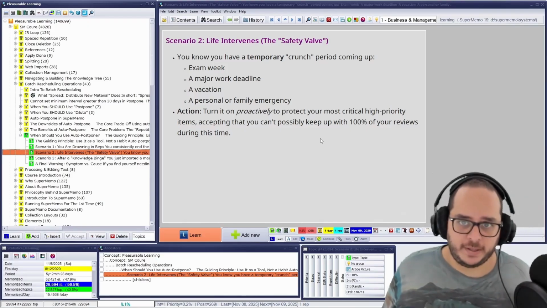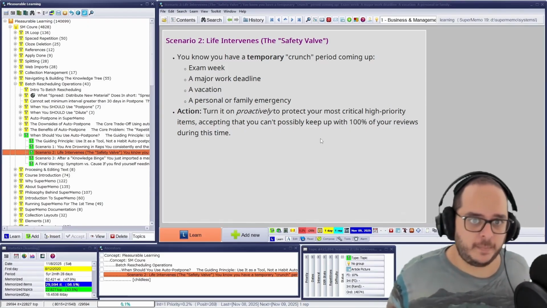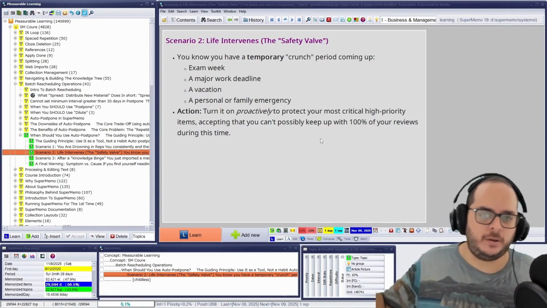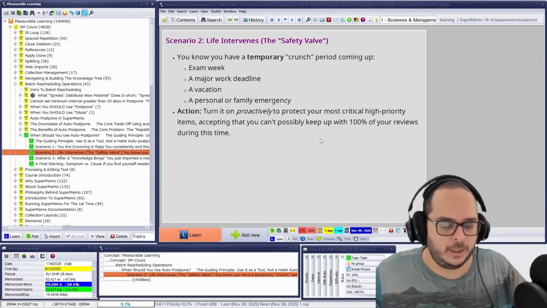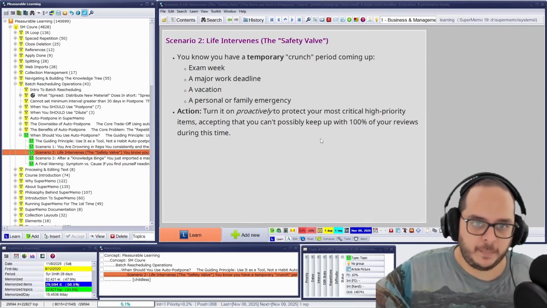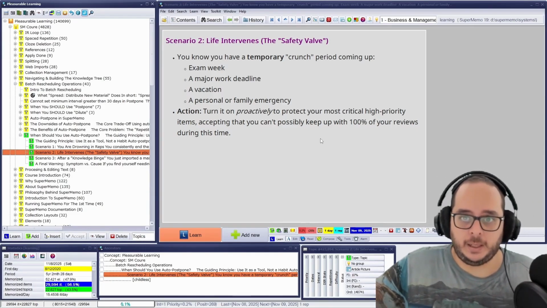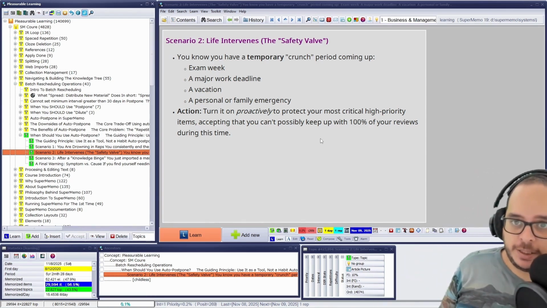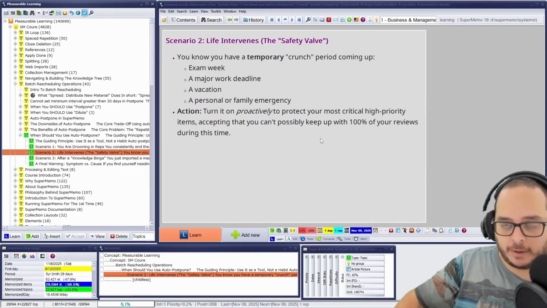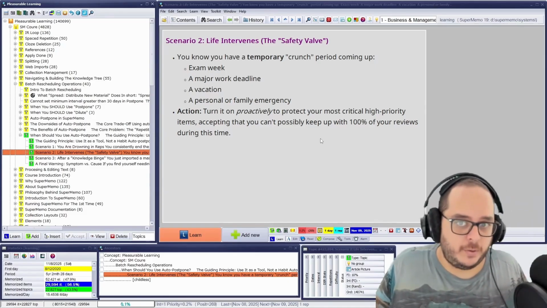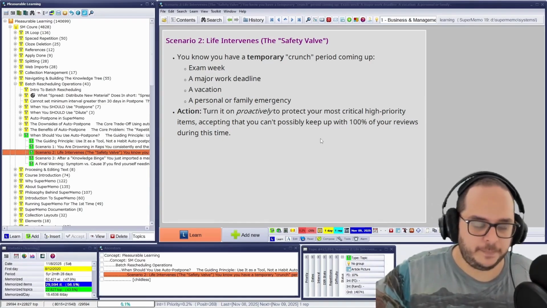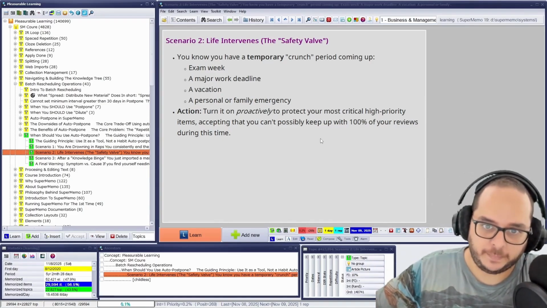Second, life intervenes. You have a major exam, you have a vacation, or something extraordinary, like my father is now elderly, I need to take care of him, and that will take a lot of time until he passes away, so eventually, I don't know how long. Therefore, I will take this decision, because if it was a master's degree or a job, I would graduate more or less that month, that year. With this, I don't know, right? Sorry for the example if it's not the most politically correct, but it's the first that comes to mind.